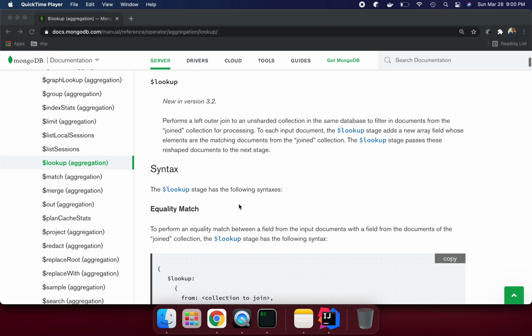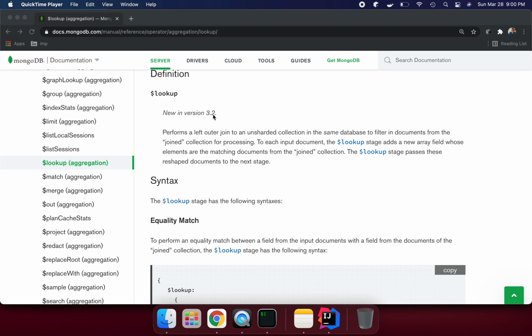Now, here it says: new in version 3.2, perform a left outer join to an unsharded collection in the same database. So we can't use sharded collections. That's the key thing. Same database, to filter in documents from the joined collection for processing.